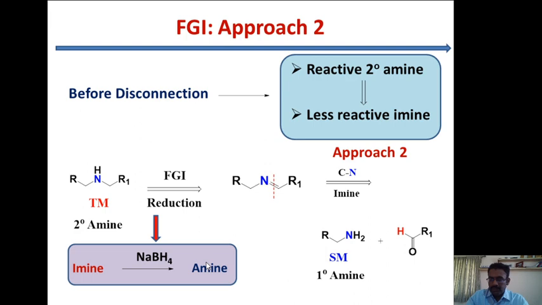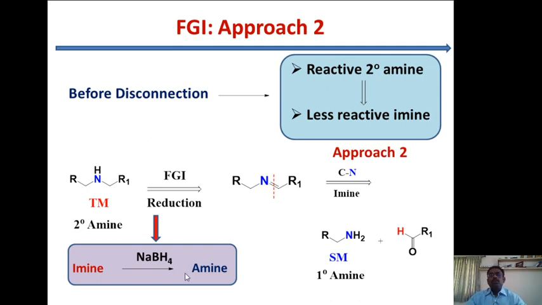but the reagent is different. In the last case we used lithium aluminum hydride, and that's a known one. We can easily convert an amide into an amine using lithium aluminum hydride. Here also we use reduction chemistry, but here we can use sodium borohydride. It's a comparatively slow reducing reagent, that means a soft reducing reagent. So it's highly reactive toward the imine compared to the amide, but not as reactive toward the amine. Okay, so here we can use sodium borohydride to reduce the imine into the amine.